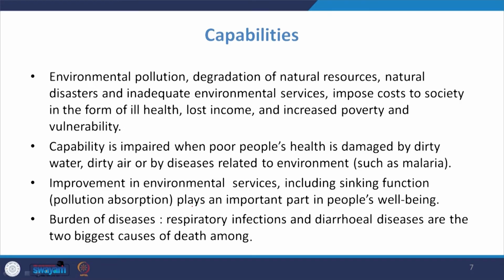Capability of poor people is impaired when their health is damaged by dirty water, dirty air, or by disease related to environment. There are many waterborne diseases that occur, and especially most of these diseases occur in poor households, because they cannot have access to safe drinking water. So, improvement in environmental services, including sinking function of environment like absorption of pollution, plays an important role in people's